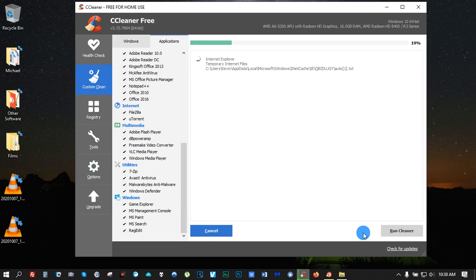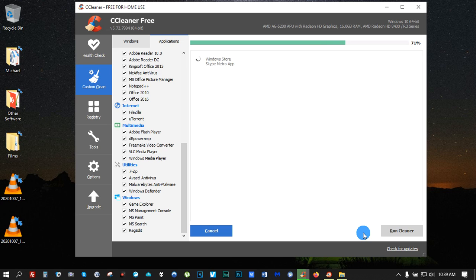The browsers usually have to be closed in order to clean, especially Firefox, but that might change in the updated versions of CCleaner. But I got CCleaner free. If you have the money, please do pay for CCleaner. And I think during Christmas or during certain times, you can get CCleaner for $12.49 instead of $20. So just remember that.